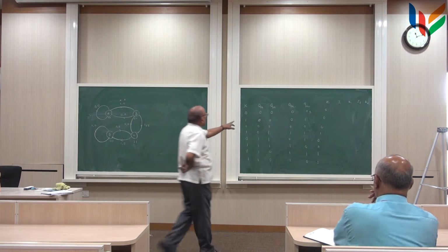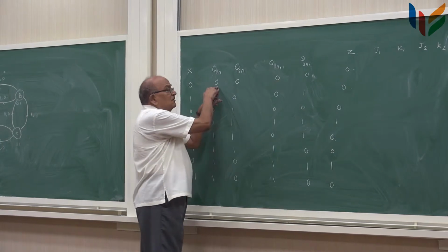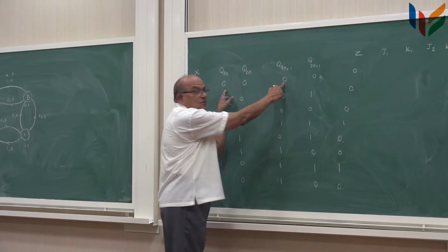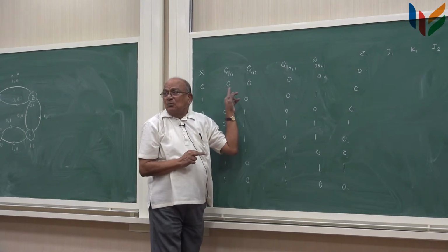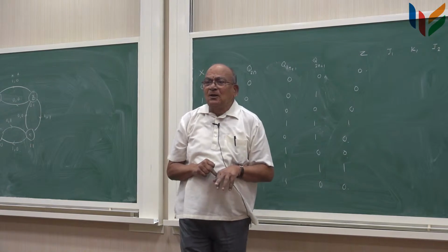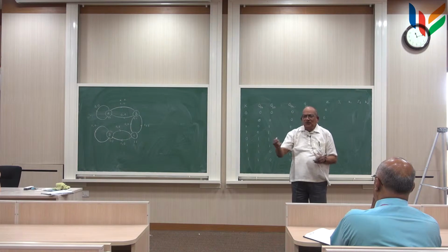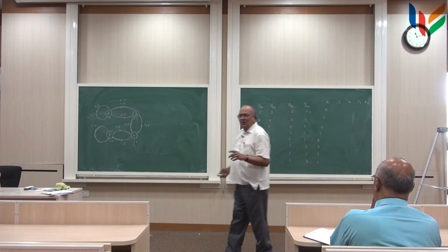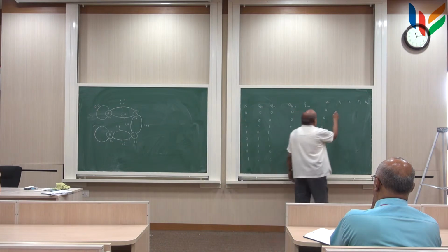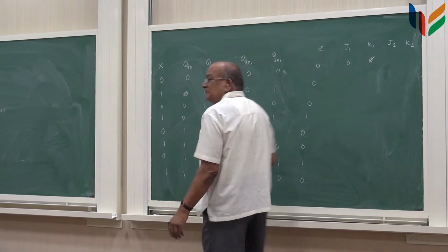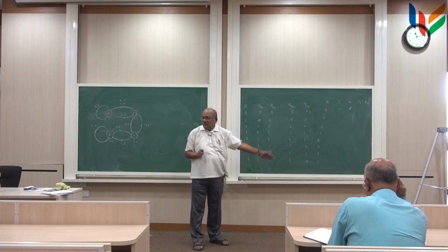So now I can see for the first flip-flop, Q1 n is 0, Q1 n plus 1 is 0. It is going from 0 to 0. To go from 0 to 0, what kind of JK input you must provide? You must have in the table, what is that value? 0 and don't care, right? So like this I can fill up for each one of them.